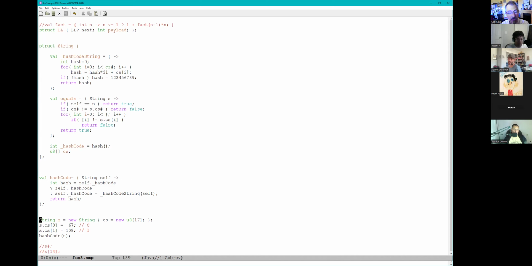Is the hash to 0 hack just if the hash is 0, return 1 instead? No, in the case of strings, they burn a boolean. Yeah, they burn an extra bit. I always thought they burn an extra byte, but yeah, maybe, a bit. But there's not that many strings that hash to 0. If you just made it so, there'd be twice as many strings that hash to one number as all the others.